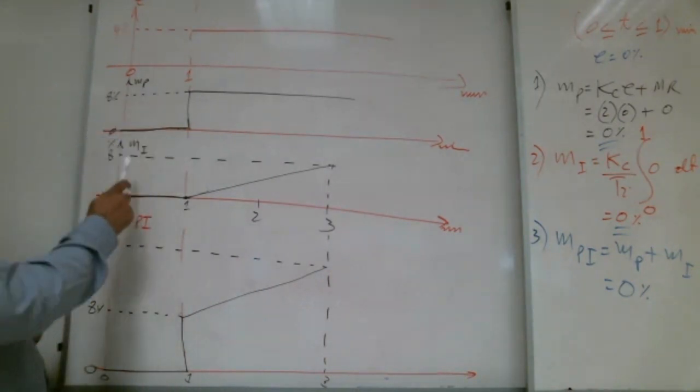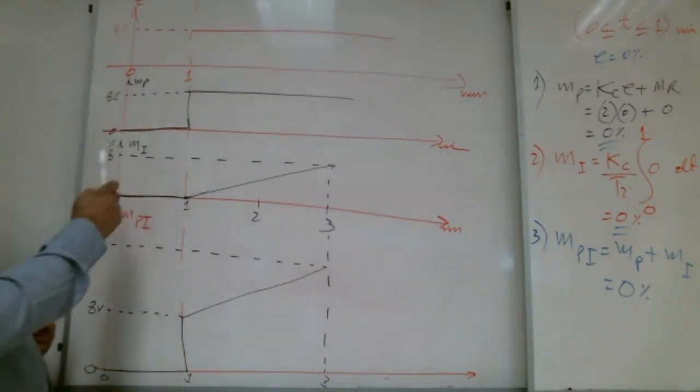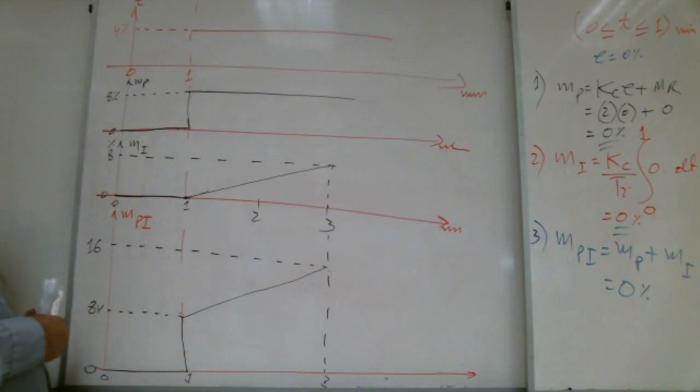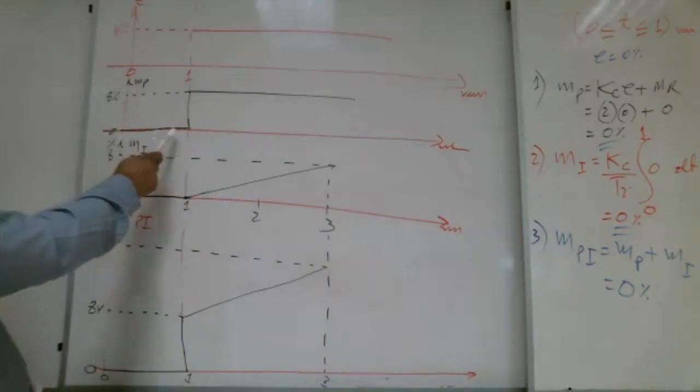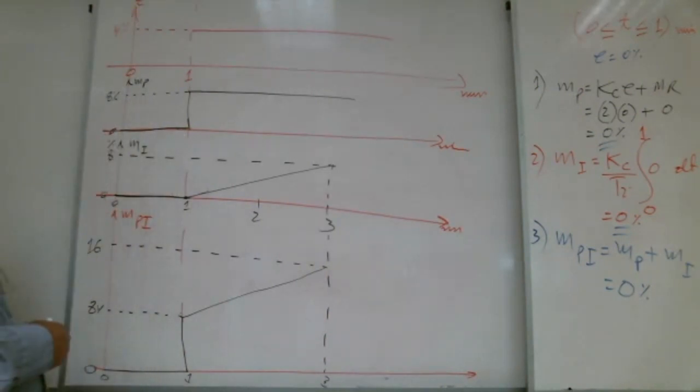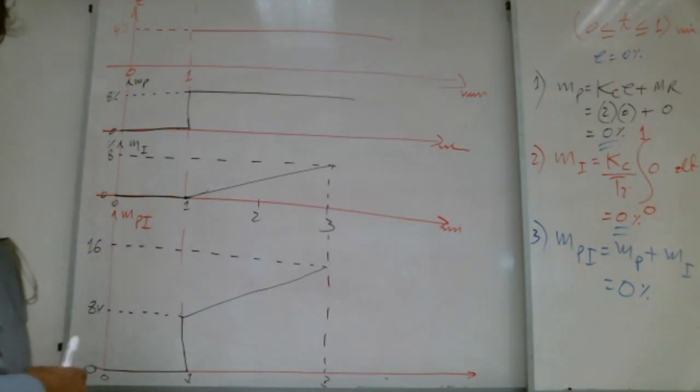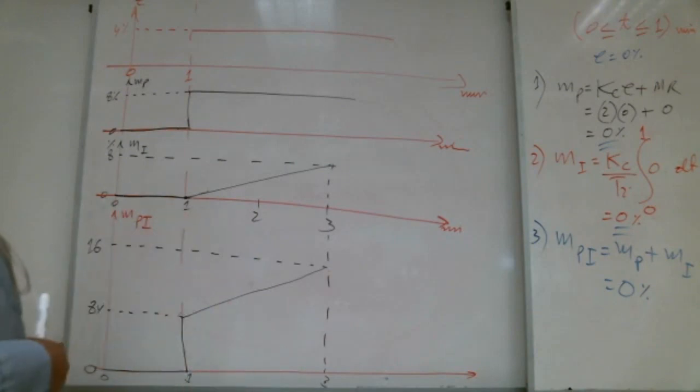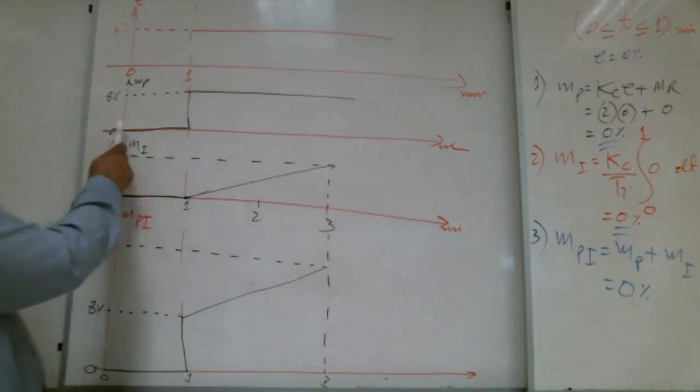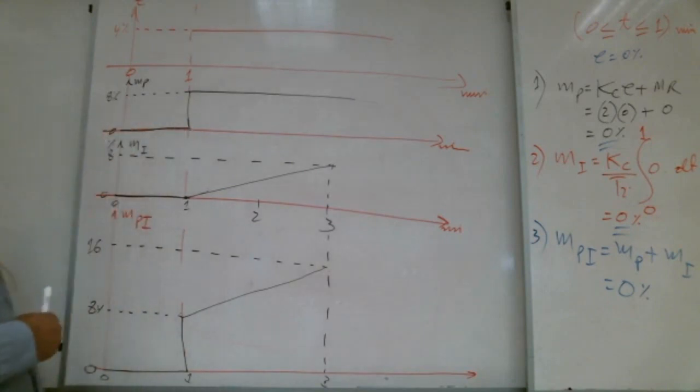Add them. From 0 to 1, what is MP? Yes, Shabab. From 0 to 1, what is MP? In the book, MI is different. You do the question in the book, no problem. This is a different question. Okay. So what is MP from 0 to 1? From 0 to 1 minute, what is MP, Shabab?